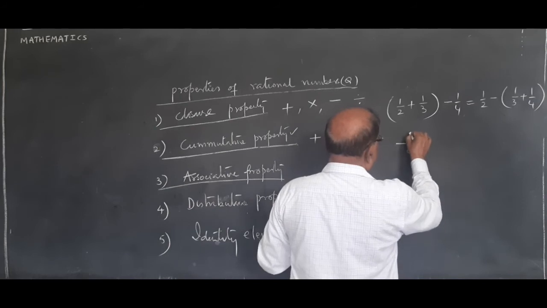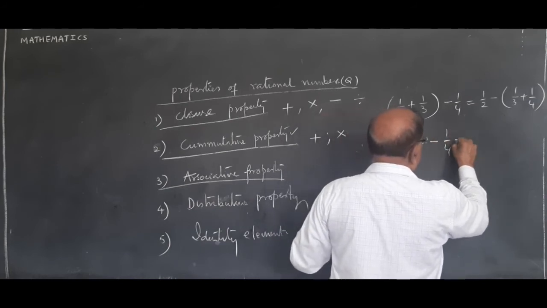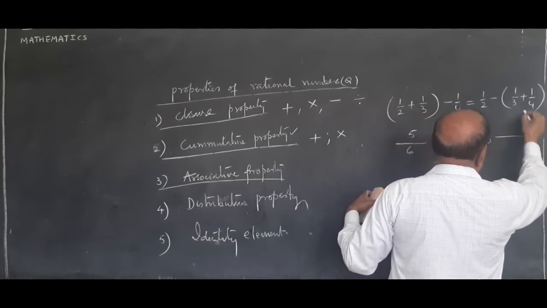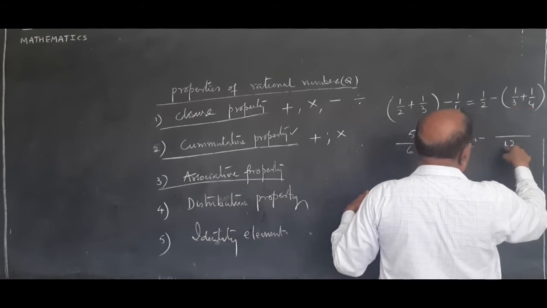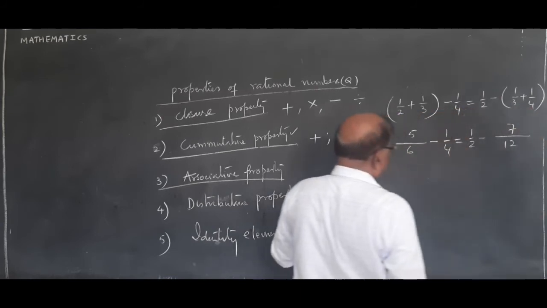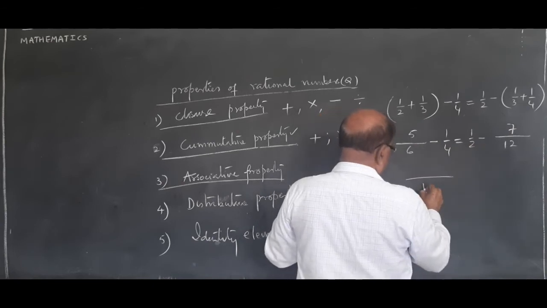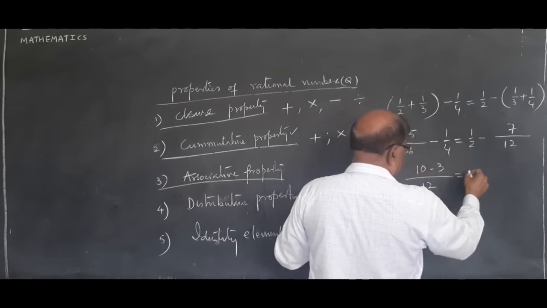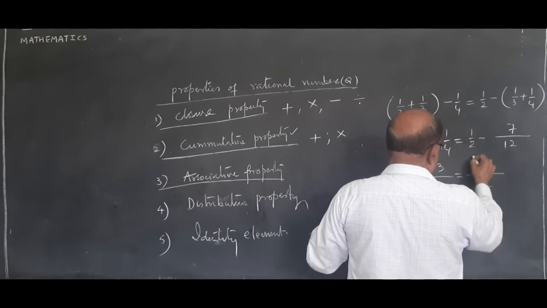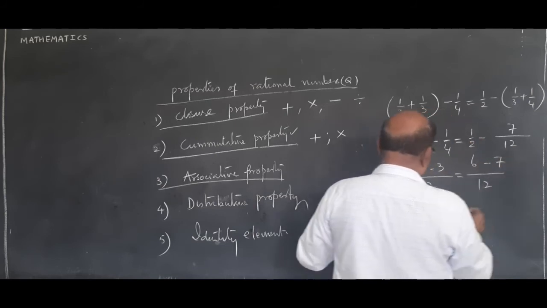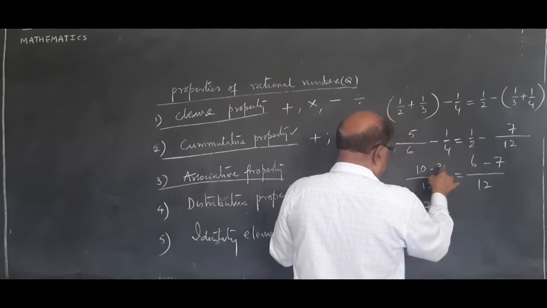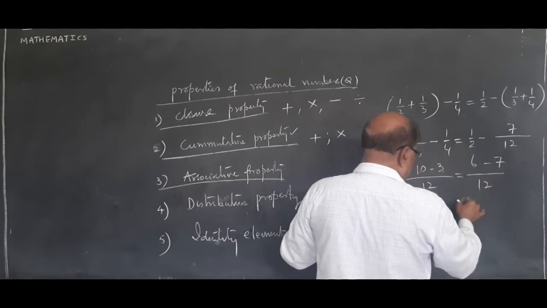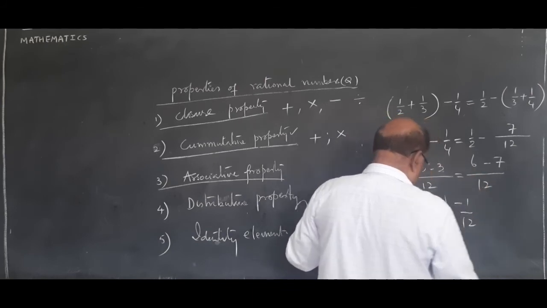The LCM is 6, you are getting 5 minus 1 by 4 is equal to 1 by 2 minus this is 12, 3 4s are 7. So if you take LCM here, 12, 6 2s are 12, 2 5s are 10, 4 3s are 12, 3 1s are 3. So here also it is 12, 2 6s are 12, 6 1s are 6, 7. So you are getting 7 by 10 minus 3 plus 7 by 12 is equal to, how much are you getting here? Minus 1 by 12. They are not equal.